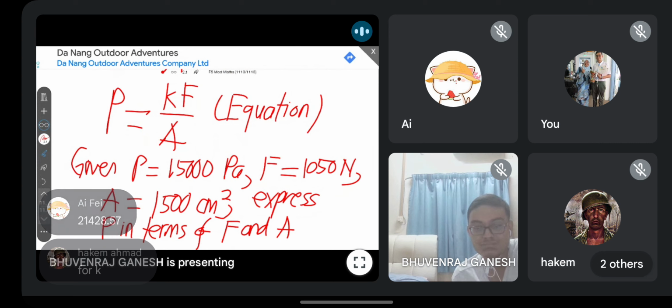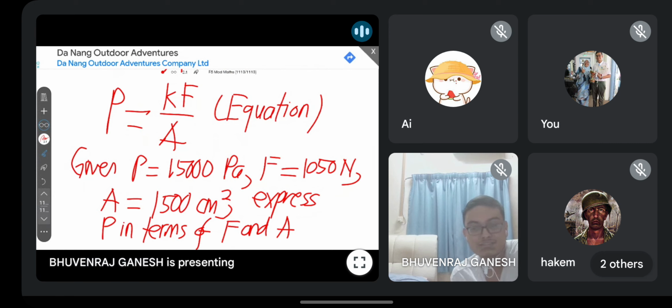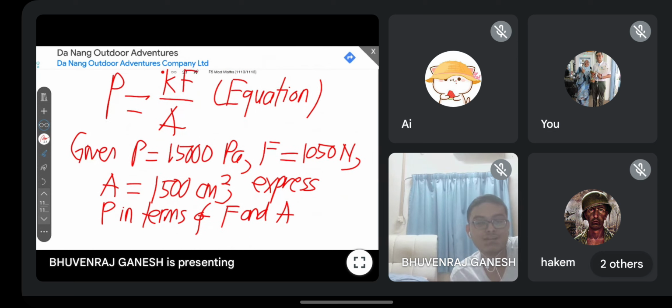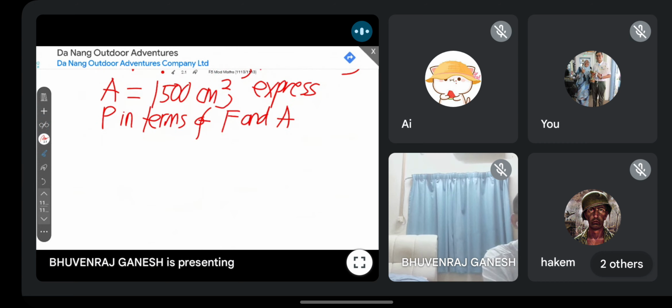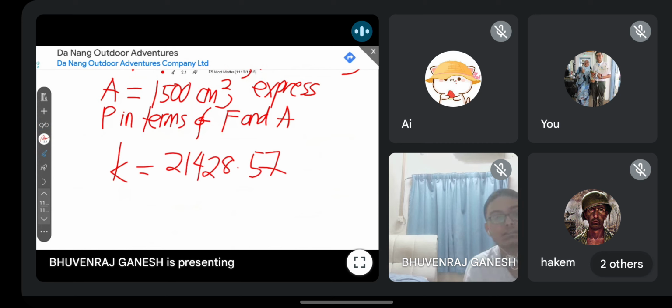Okay. Some more? The rest of you here? What you get for K? Yang lain? Okay, so guys, if you all get K equals to 21428.57, kalau kamu dapat jawapan ni,